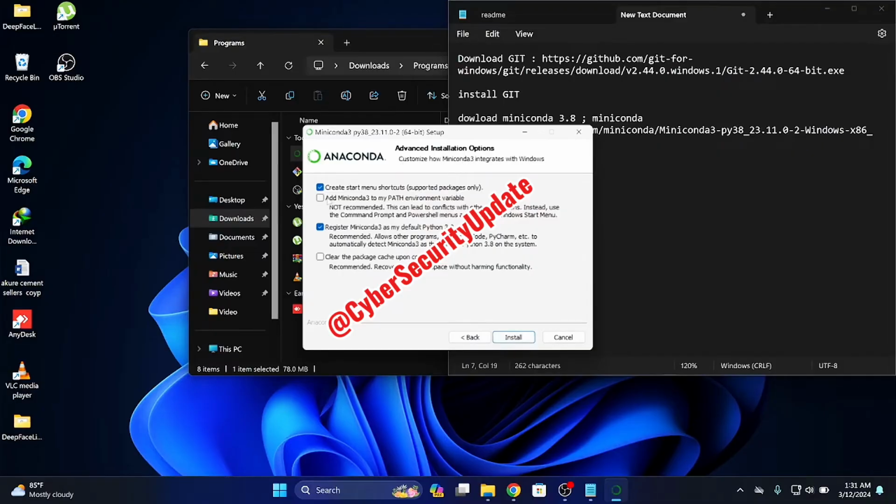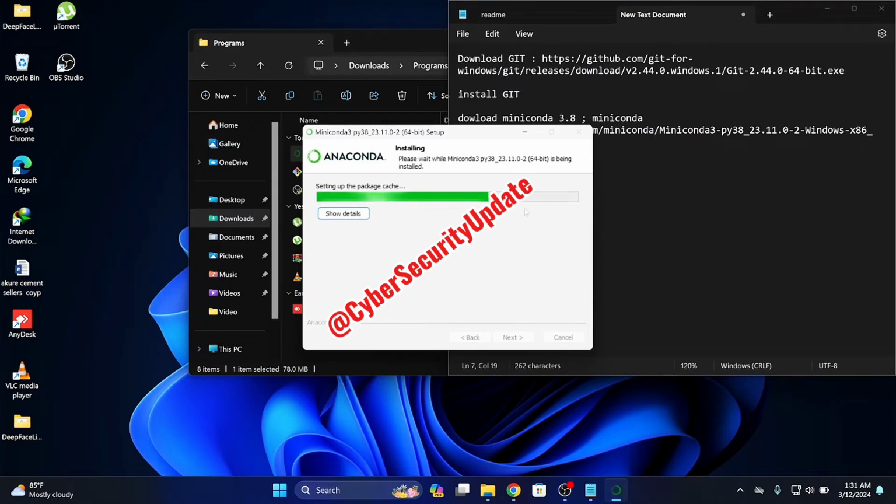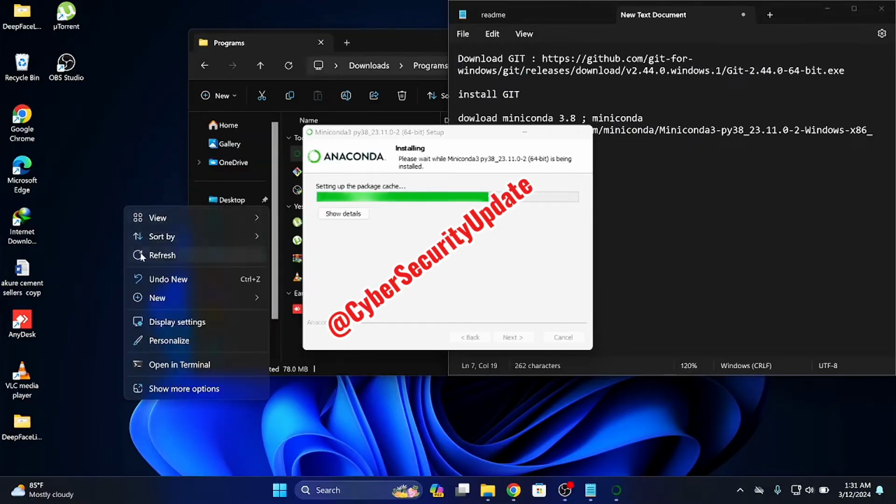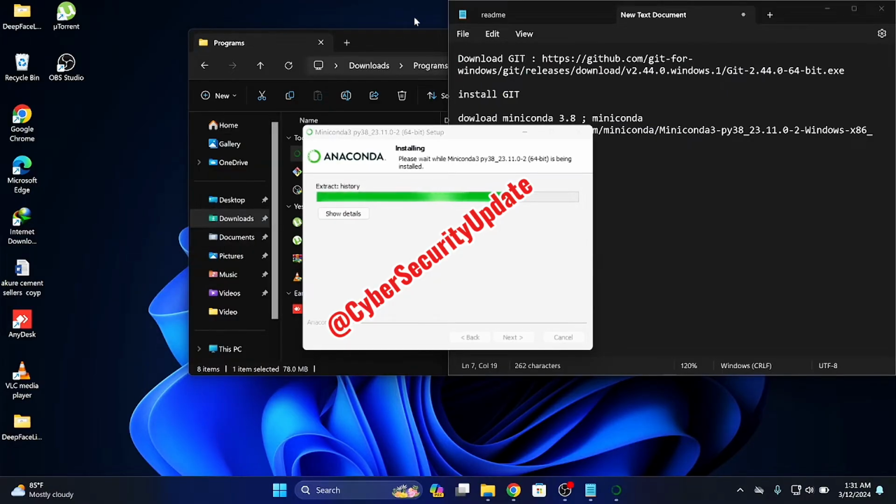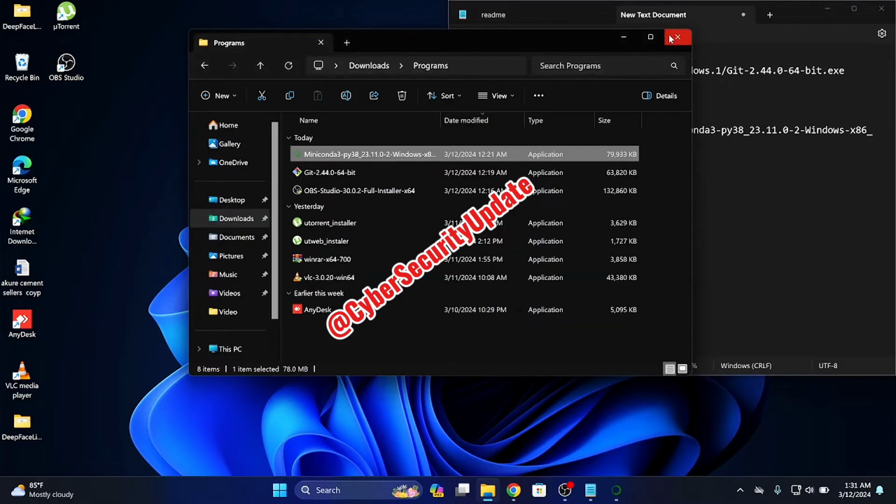Then here is where you grant access to the environment variables. So you need to grant access. If you installed once before, you can just clear up the shades and you install. So it's installing. After the installation is done,